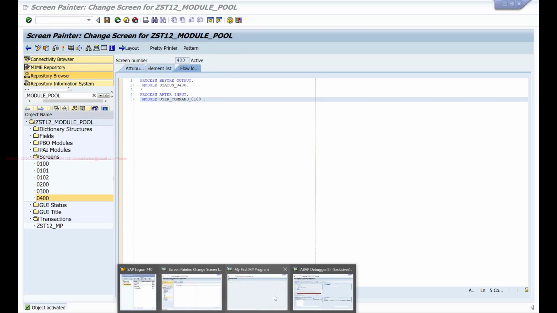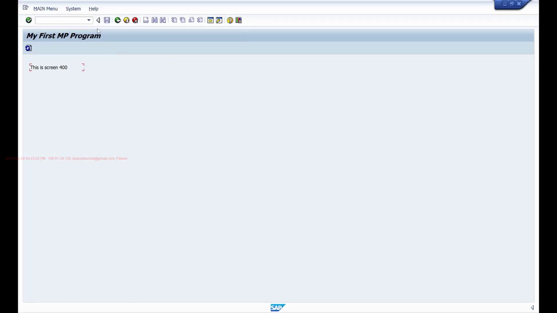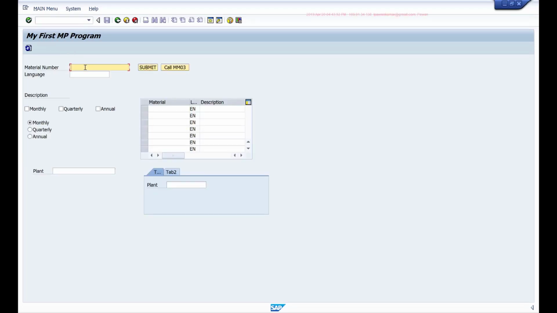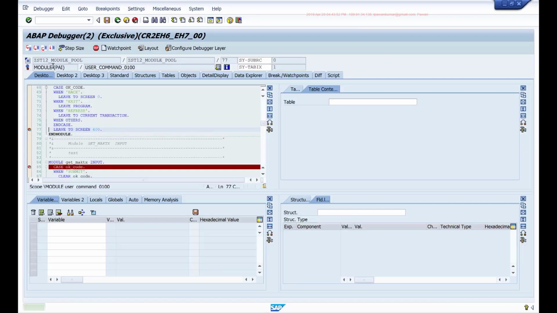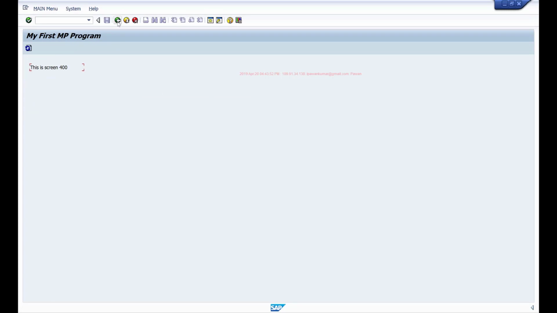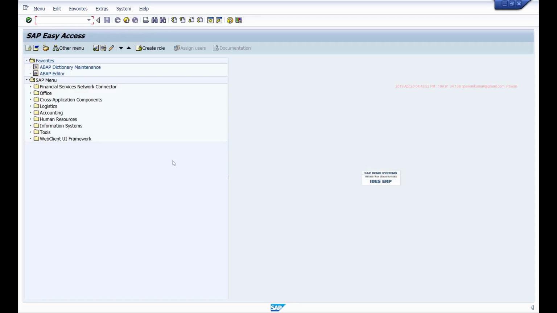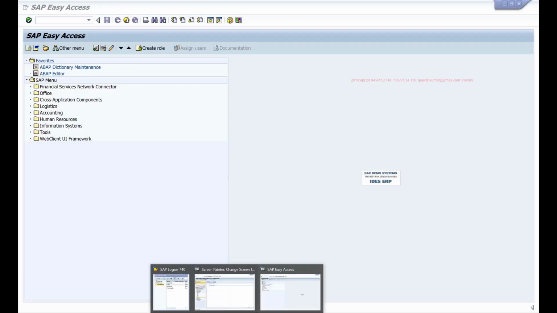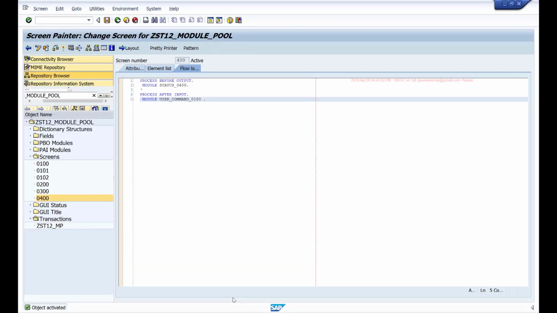So now if I go to this 400 screen, on this screen, if I click on back, it will simply quit the program. So in the PAI of this screen, we are calling the module where we are checking for this OK code field, and it should leave the screen. So if I want to leave to screen 100, when you click on back, then I can write my code as,